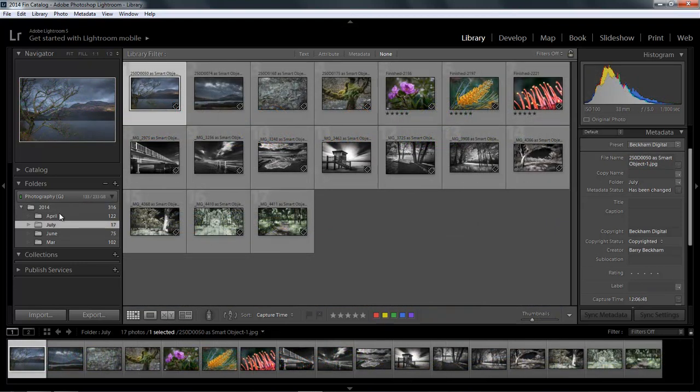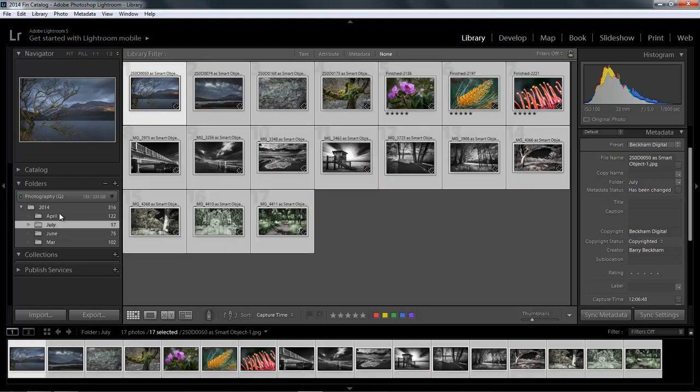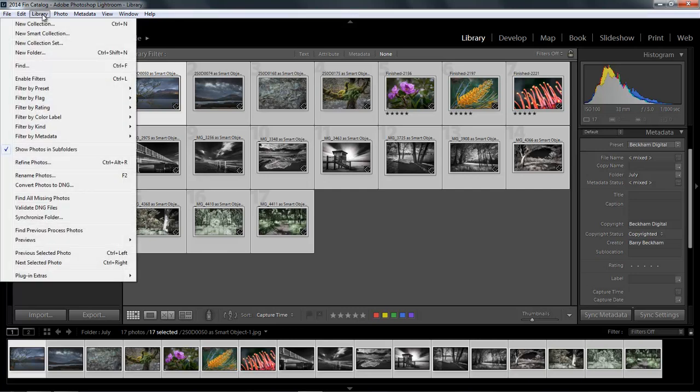But there are going to be other times, of course, when we've got a large batch of images to rename. I've picked a small folder here, my July folder with 17 images, but of course what we're about to do can be done for 17 or 7017. All we need to do to make a start is to hit Ctrl-A to select all of the images in the batch. We then need to go to the library option at the top of the screen, and we need